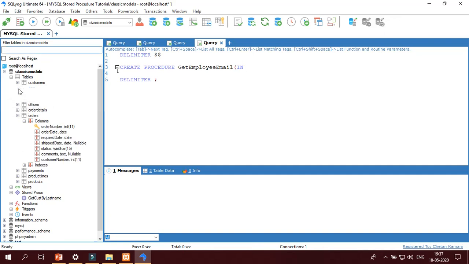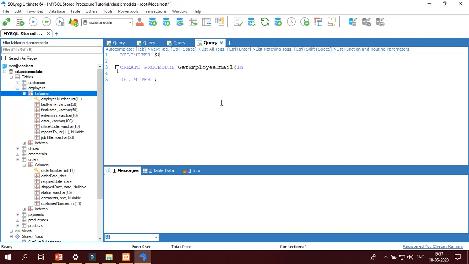Let me open the employee table so that we can see the data type of every column. We can write a short name, e_number, that is employee number, integer 11.